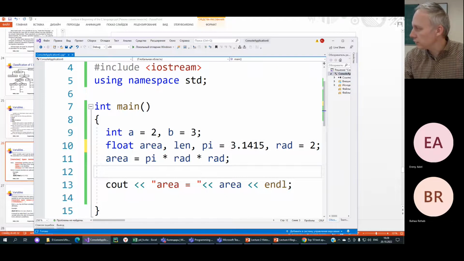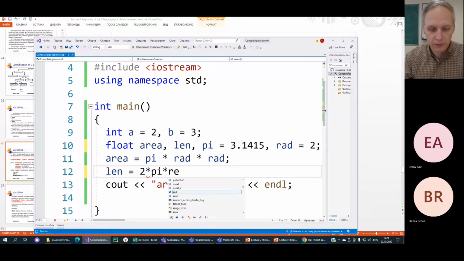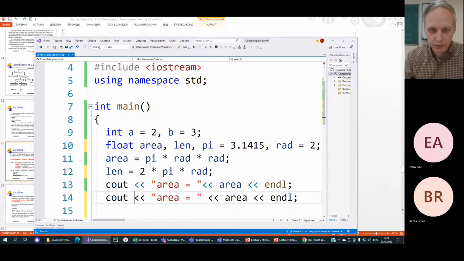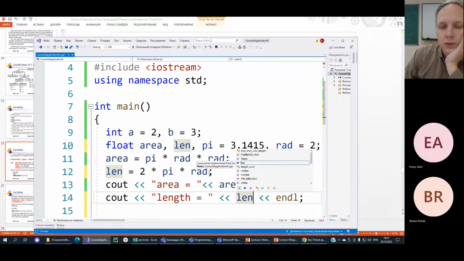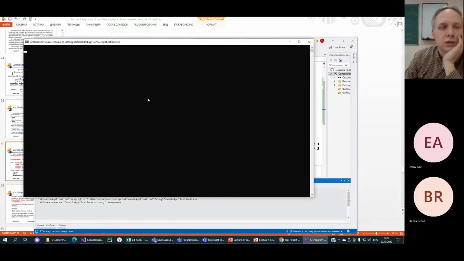And write a corresponding formula. Len equals 2 times pi times radius. After that, I can write another computational statement that length equals len. Let's run the program, and we see the